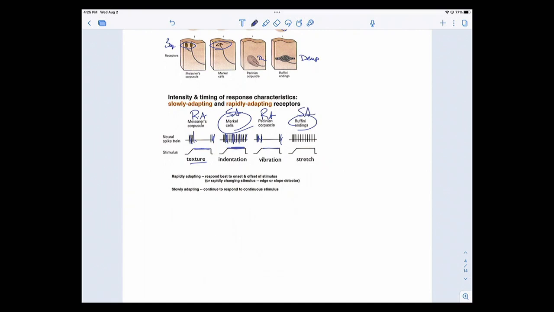We're going to find the same thing when we're talking about thermoreceptors, because some of them can be rapidly adapting, and I think we all have this experience. You take a bath, and the water is very warm, so you first jump into it, and it feels really, really warm. And then after a minute, it doesn't feel warm at all. It's not necessarily because the water has gotten cooler, maybe it has a little bit, but part of it is you've just adapted to the new warm temperature.